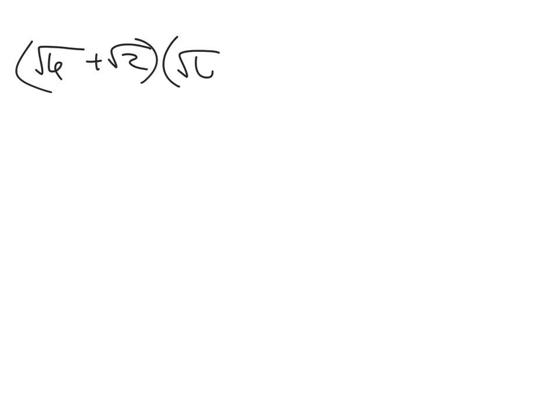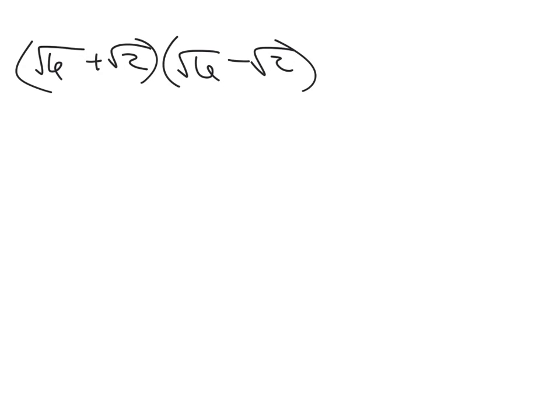Alright, continuing with 9.5, this is the B portion, and we are ready for example number 7, and that is the square root of 6 plus the square root of 2 times the square root of 6 minus the square root of 2. This will end up being the difference of two squares because the numbers here are the same, and we're separated by a plus or a minus. So anyway, what we're going to do is we're just going to end up doing the FOIL